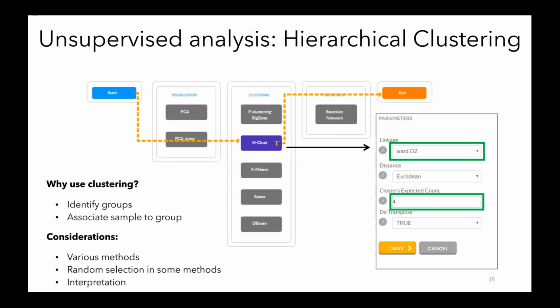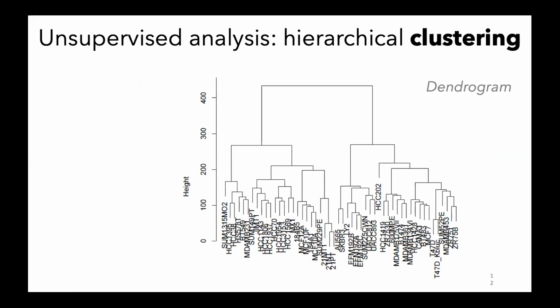So there are different kinds of lines, obviously. Transpose we used because we are looking at the samples, things like that. So we ran this pipeline, and what we were looking at is a dendrogram, right? We got these results from hierarchical clustering based on our selection of the depth, right? We can see different numbers of groups, and you can see here